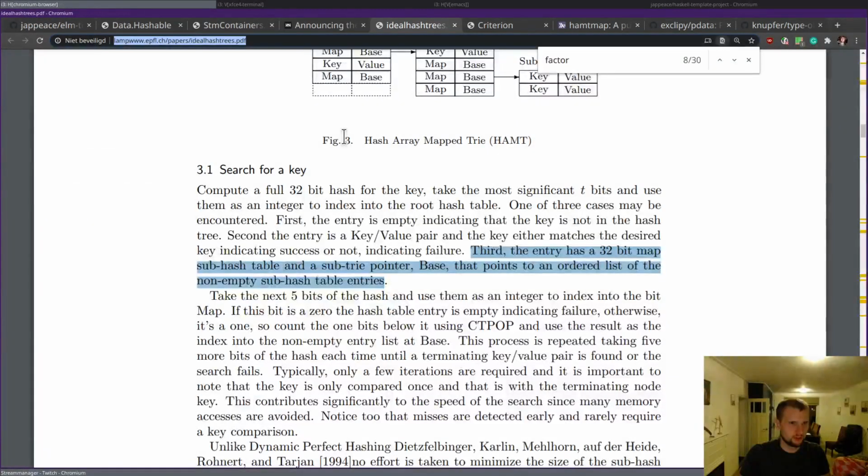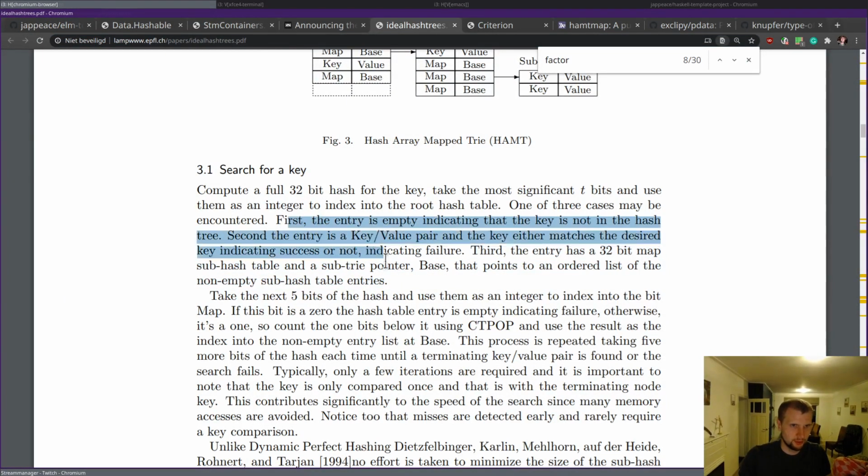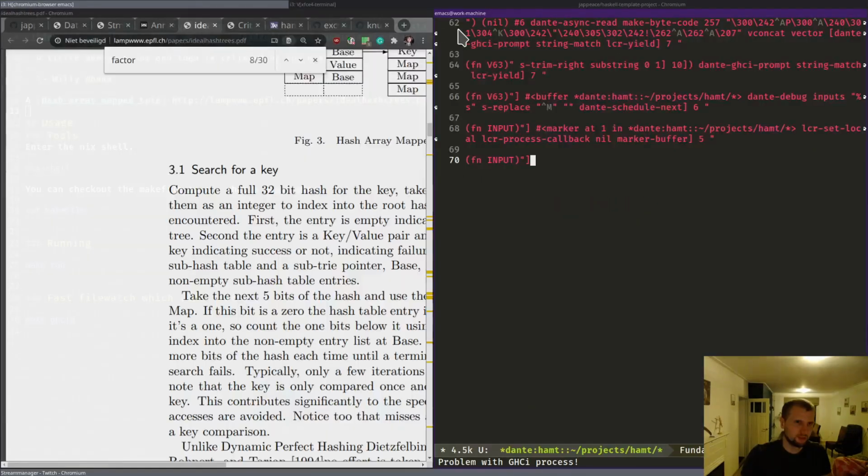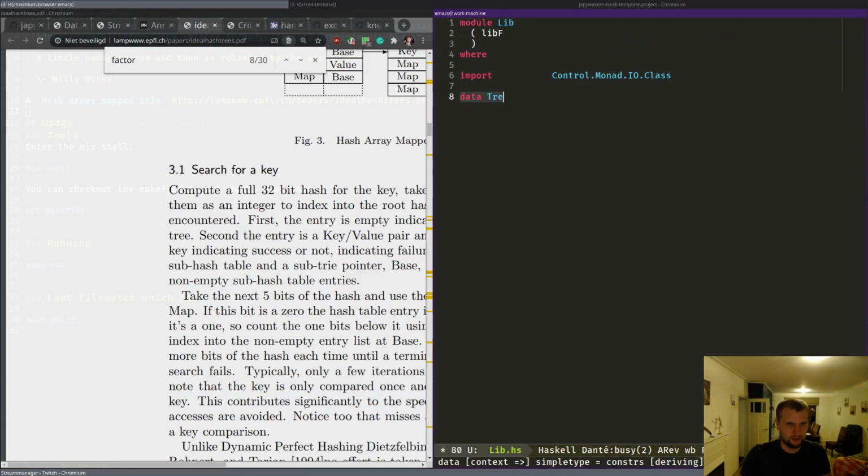I was just thinking we can start implementing it based on what they're saying. So we have to pattern match on 3 things, right? Compute to fill first. So this is for search, lookup. But I think we need to start with search. Well, we can start with lookup. It is dumb to start with lookup. There you go. Data tree eval